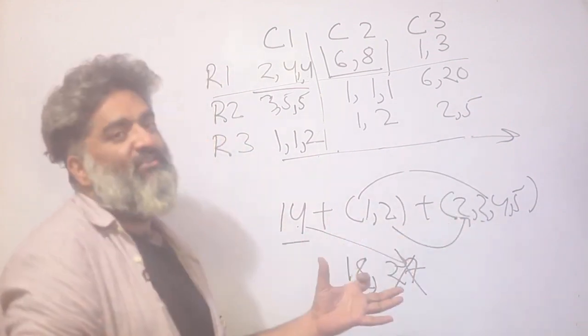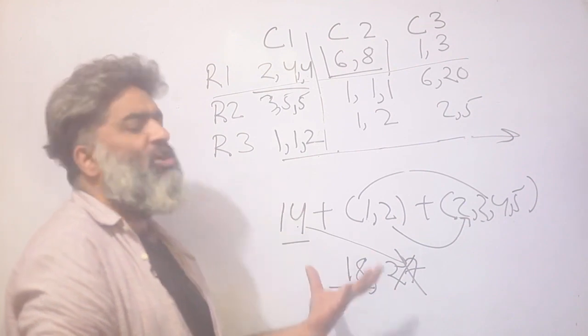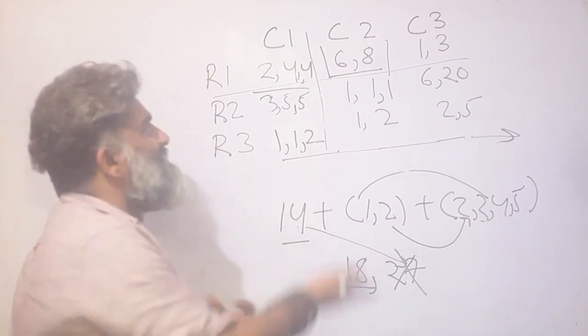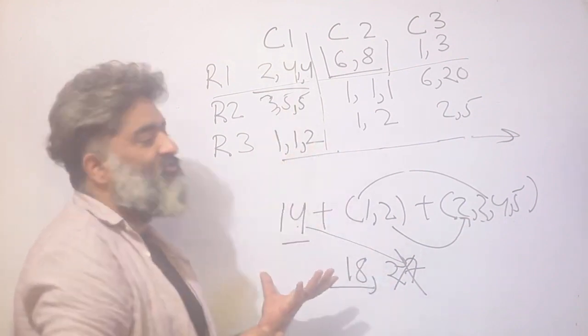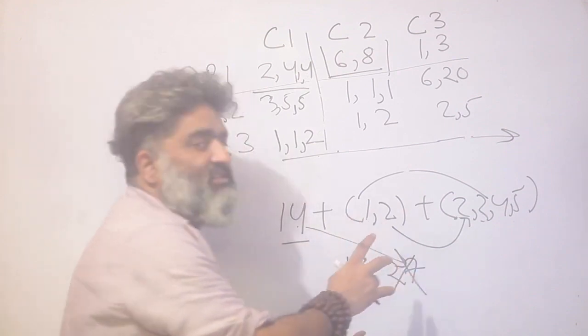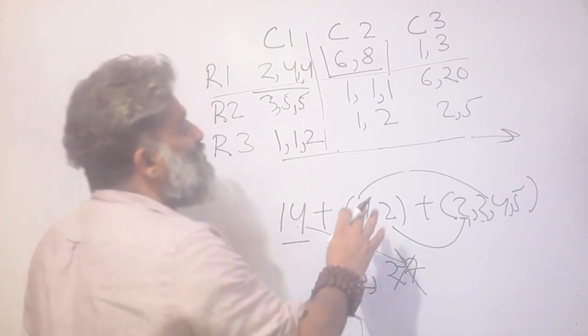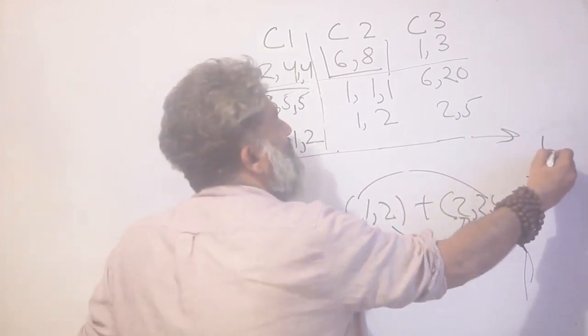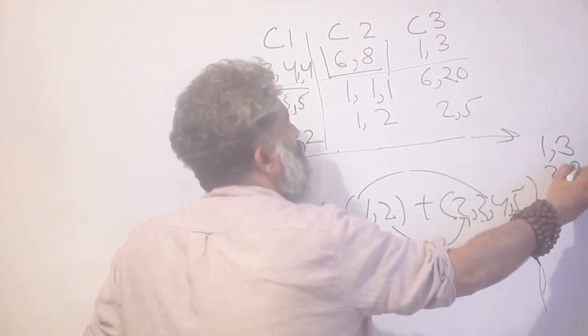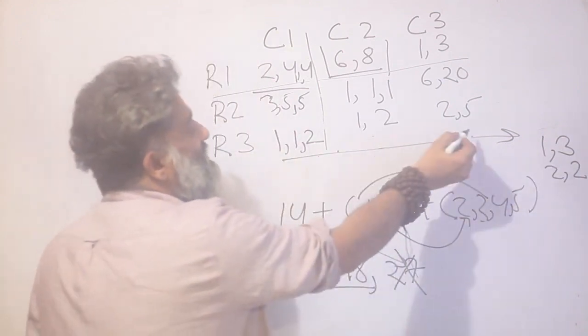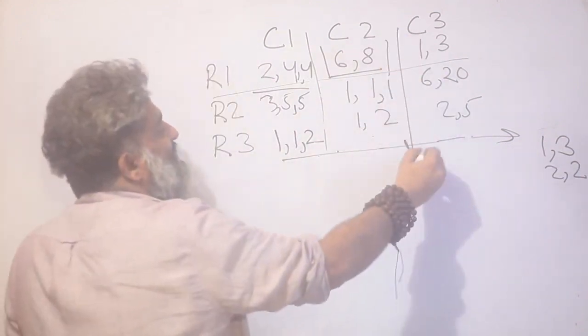So this is not giving me a definitive answer, but I should not be discouraged at all because in my very first attempt, I did get fixed values. So I'm getting a couple of answers, but if I play in any other direction, maybe my dilemma will be resolved. So keep this value somewhere. It could be 1, 3 or it could be 2, 2. We are talking about this lot and this lot. Run the process again in another direction.